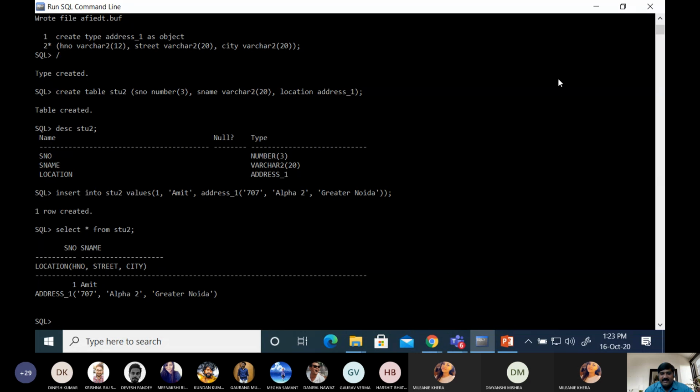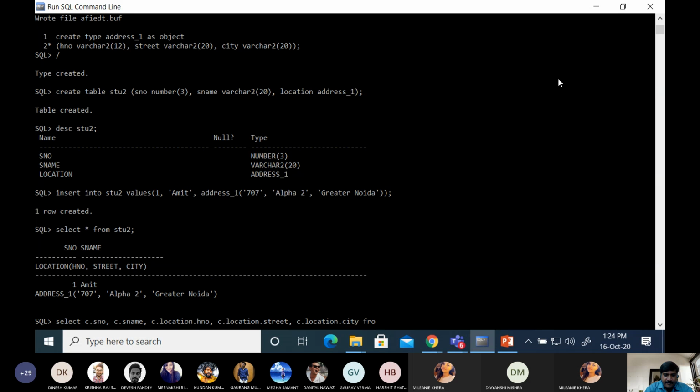If you want to display this record in a structured way, then for that we will write select, and here suppose we create an alias, so c dot s number, then c dot s name, and for this c dot location dot h number, then c dot location dot street, and then c dot location dot city